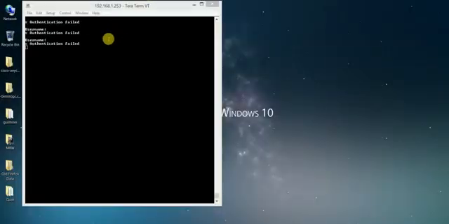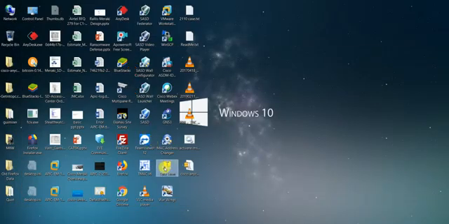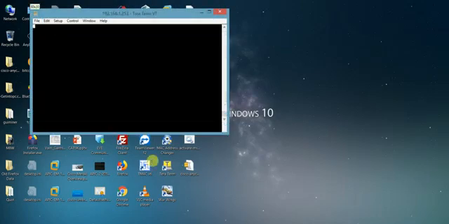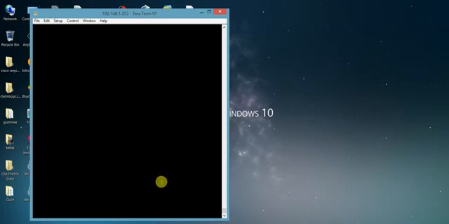Let me telnet to the switch. I'll give the user ID and password which we have already set on our ISE. I'll try to log in via the admin user ID, that is Amit, with the password. Okay, I'm good to go. Now I'm able to log into my switch.